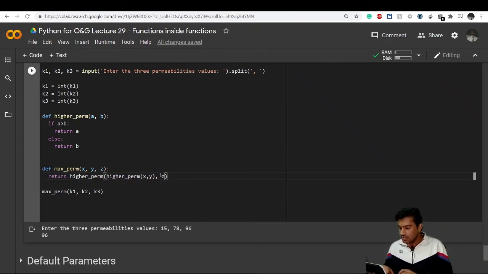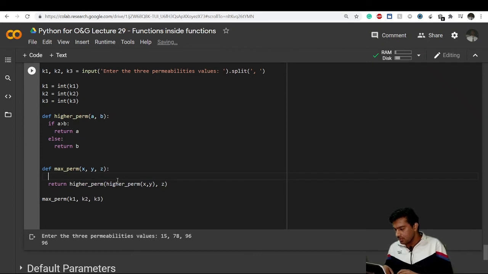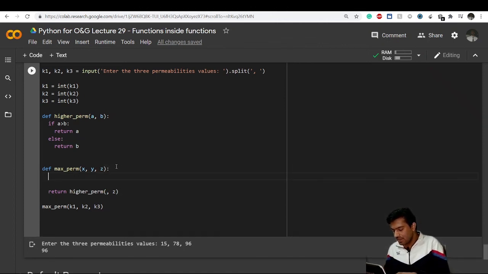Or you can do one thing as well. For a better understanding, you can just rewrite it and make a variable. You cut this one, and you create a variable inside the function only. Let's say abc is a variable, and you store this in your variable abc, and then you can write abc now.